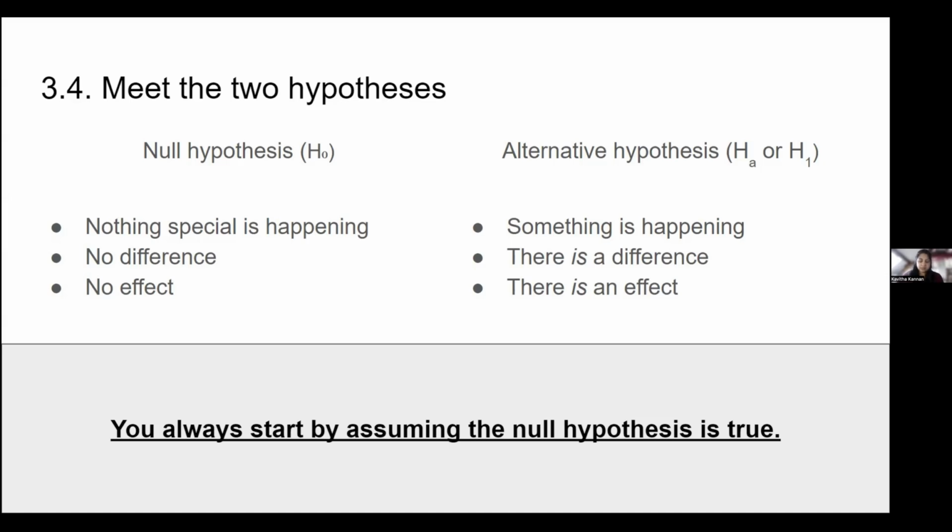And after getting your data and analyzing your data, you prove that there is a change in the outcome. And to accept that change, you reject the null hypothesis and you accept what is called the alternative hypothesis, which is the other hypothesis that you make to say that there is a change or something is happening.